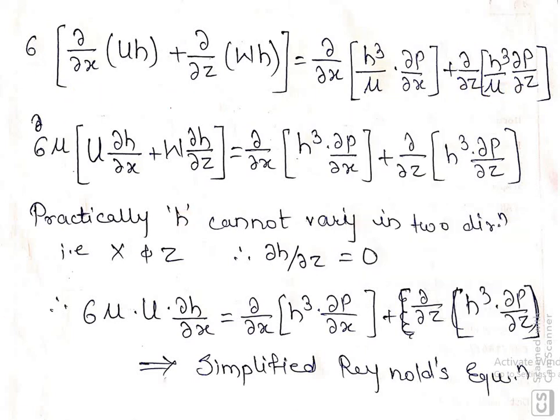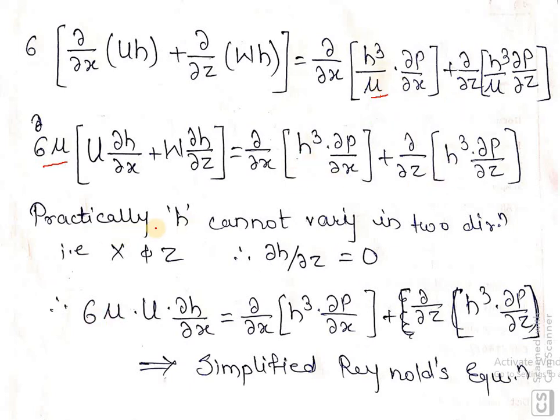As mu is constant, from one of our assumptions that viscosity is constant throughout, you can take this mu to the left side, as a constant. So I have taken it over here. So 6 mu equals, in bracket, this remains, again u and w are taken out as constants. So u dA by h upon dA by x plus w dA by h upon dA by z. The right side is as it is, simply mu is not there.